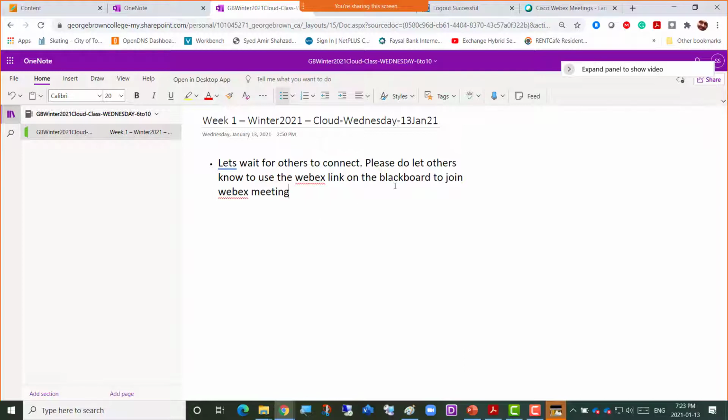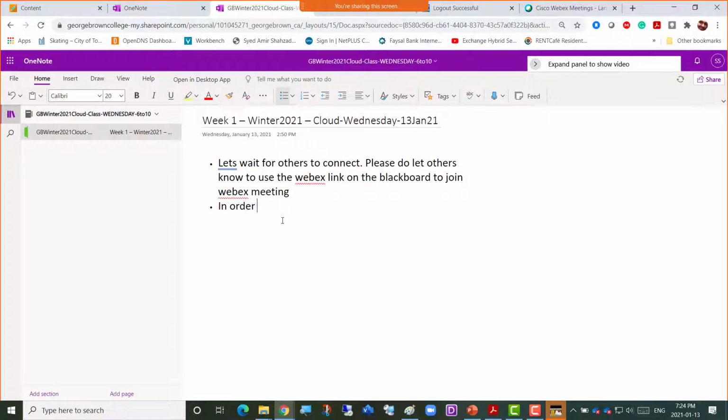And in order to get to OneNote, obviously I'm going to share everything on Blackboard as well. But when I put diagrams, they would be in the slides, which would be on Blackboard as well as on the OneNote. If you're logged into OneNote and I've shared that OneNote with you, there's a share button here. Then in 2 to 10 seconds, whatever I type here will be automatically updated on your OneNote as well, right? So